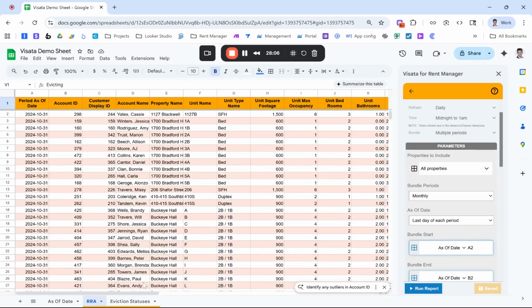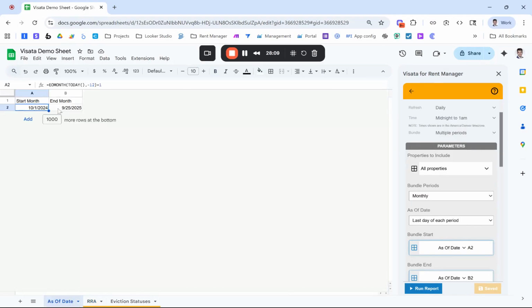And so the way you do that is, first we have to go into here, and instead of having a range from our start to our end, we actually just have to create a list of the dates that we want. And so let's go ahead and add about 10 rows, and we'll put in for the first one. Right now I'm just going to hard code these dates, and then in a second we can use formulas to automate them. So let's say I want 10/15/24, and then after that I want 11/15/24, and then for whatever reason I want to skip December, and then I go January 15, 25, and then